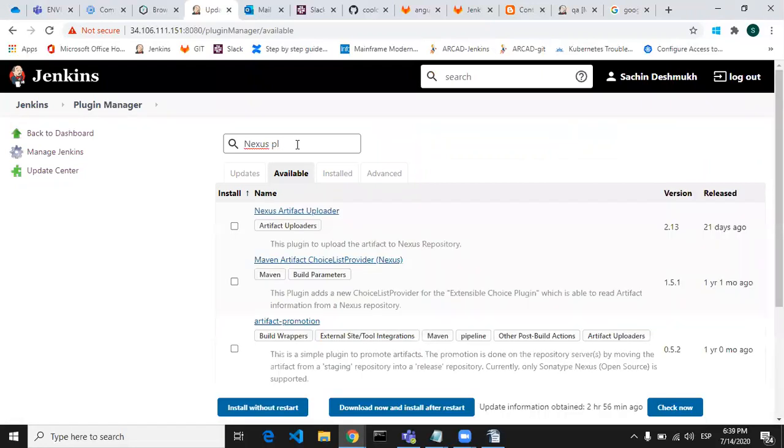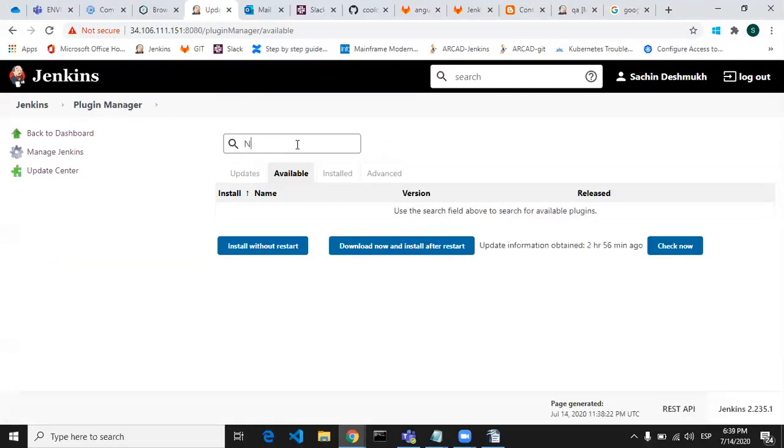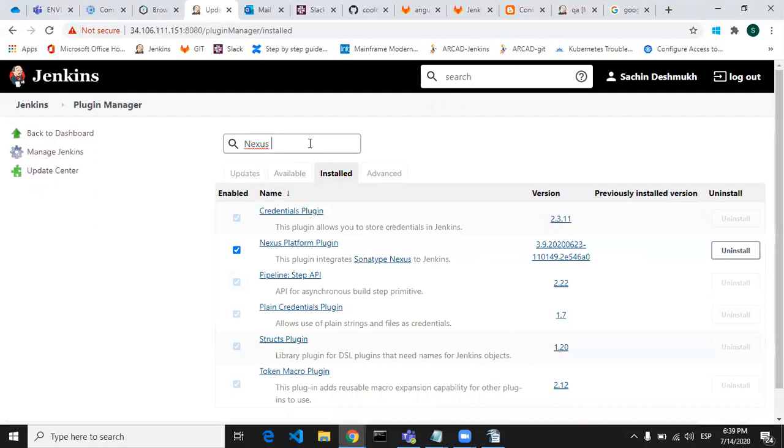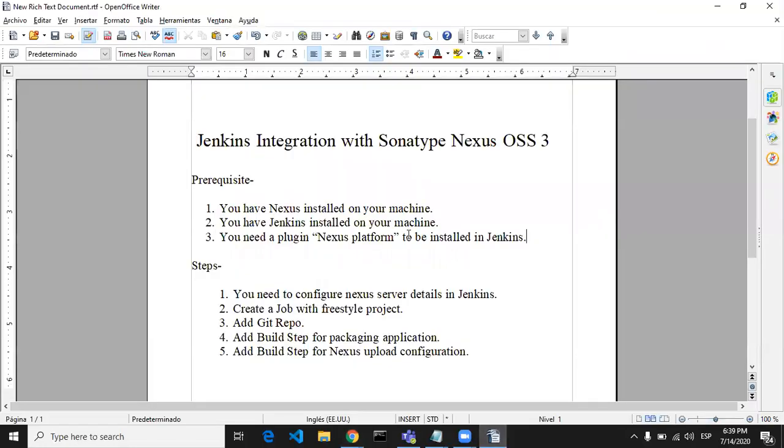But I already installed it, so it is available in the Installed section. For you, you have to go to Available and search for the Nexus Platform plugin. If I search here, I can see the Nexus Platform plugin already installed on my Jenkins. Similarly, you have to install that, and once you install it, your prerequisites are completed.